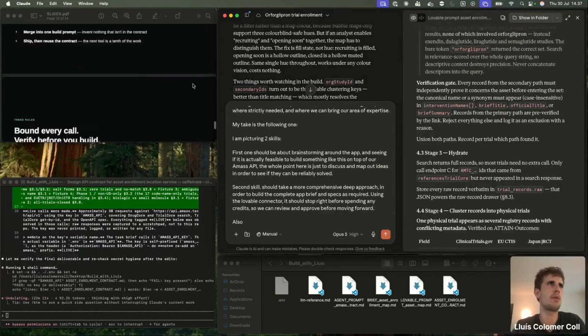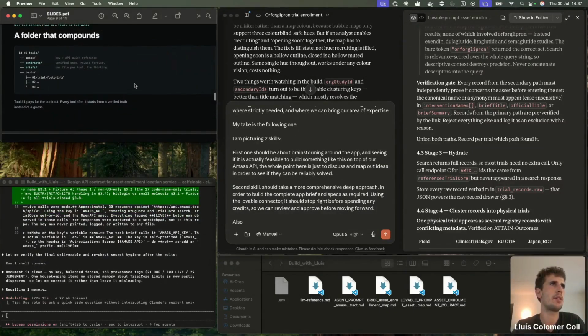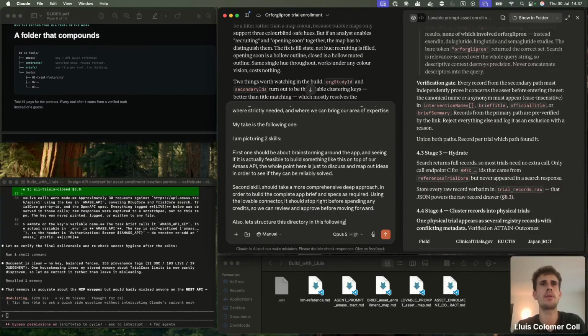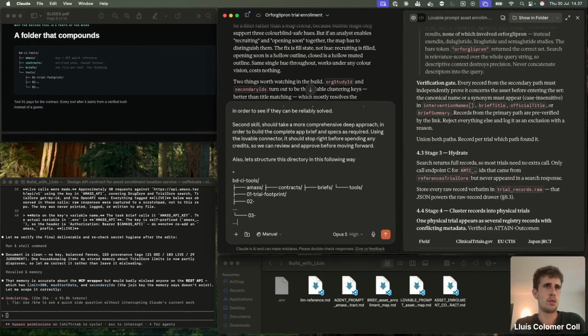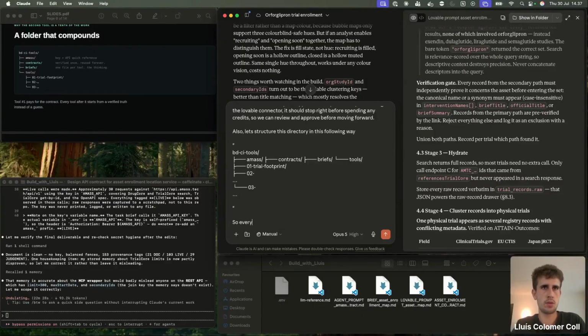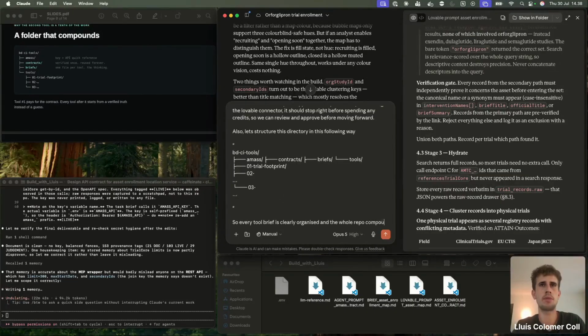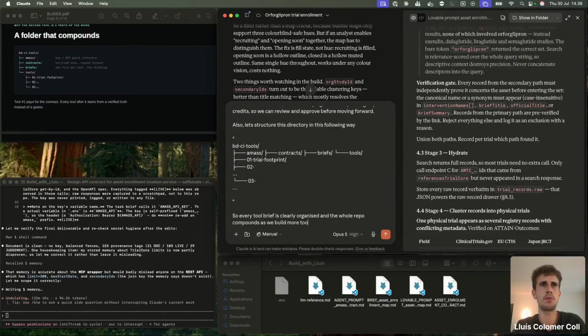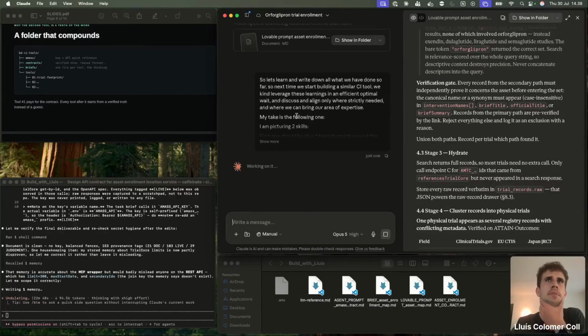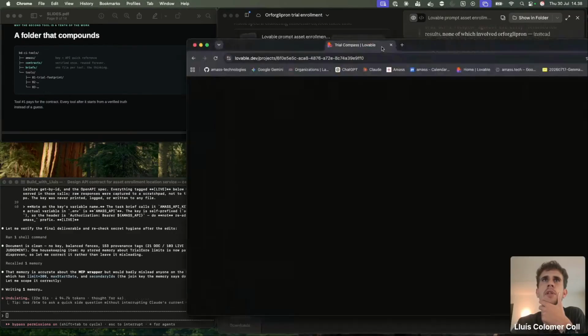Also, what I would try to say here, let's structure this directory in the following way, so every tool brief is clearly organized, and we can learn, and the whole repo compounds as we build more tools. So yeah, let's see if we can also build those.